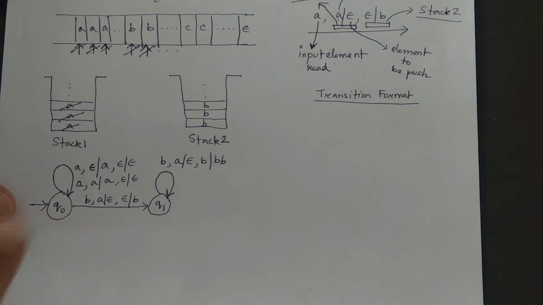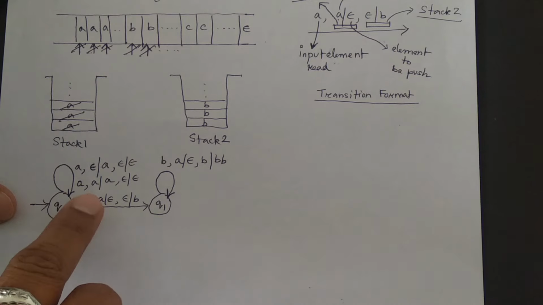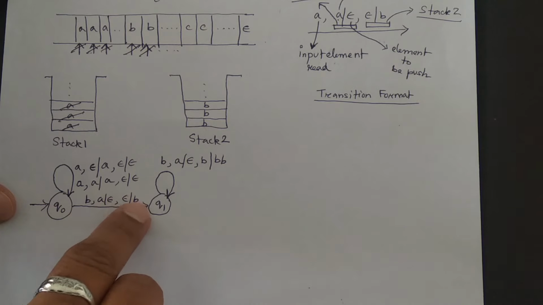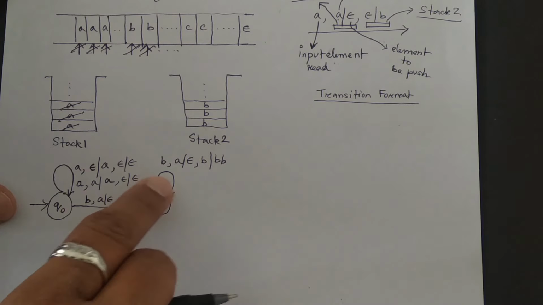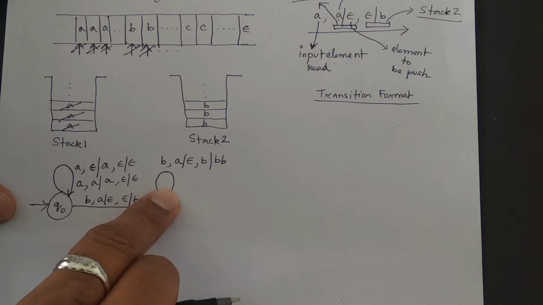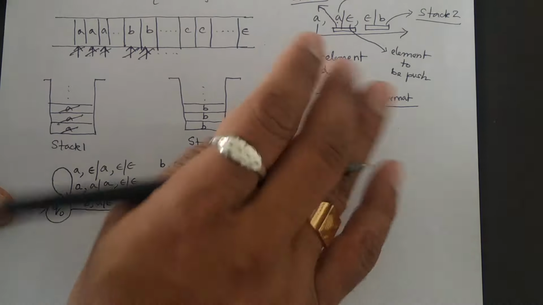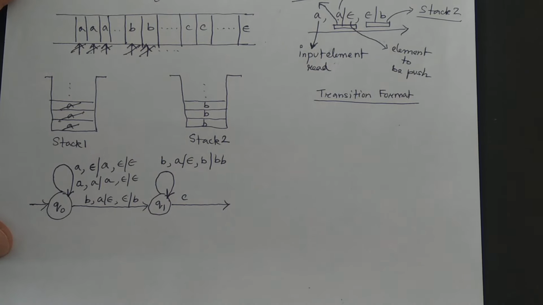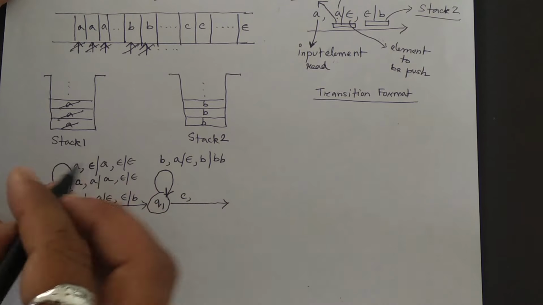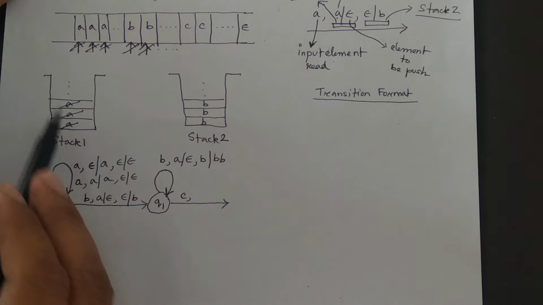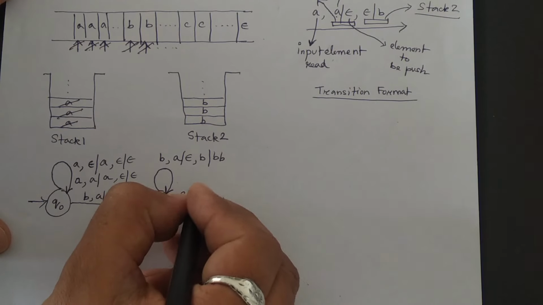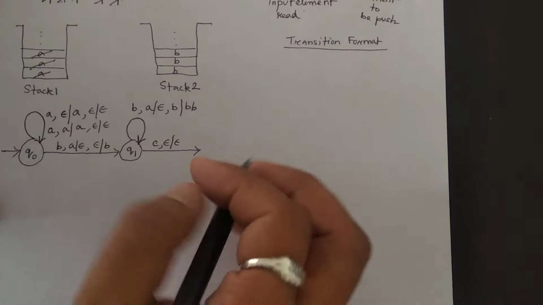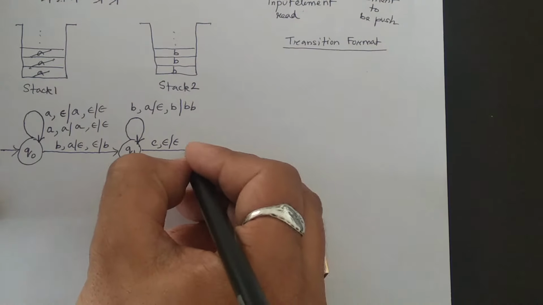Clear? Till now it is clear. I have pushed A first, then on seeing B first, I popped the A at the top of the stack, and parallelly I pushed B into the second stack. Same way I did for the entire B's. Correct? Now the next transition will be for C. On seeing C, what is the top of the first stack? Stack 1 is already empty because all the A's have been popped. So stack 1 has been finished. Clear? Now if I talk about stack number 2, it will be left with